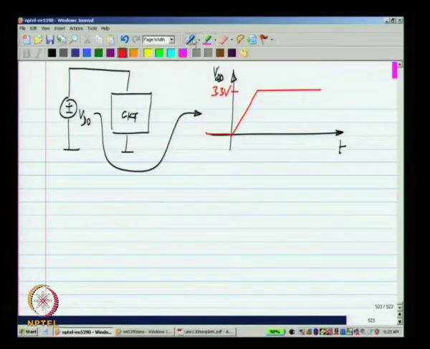Sometimes there could be a situation where if you analyze the circuit with a 3.3 volt supply, everything looks fine, but if you start it up from 0 and go all the way to 3.3, it does not reach the right state. There could be some complicated feedback loops which latch up to some other value and so on. So, this is again something that is very important. This mimics reality, right. You have a circuit, you put a battery on it and then you turn on the circuit, you would like to see whether it starts up in the correct state or not.